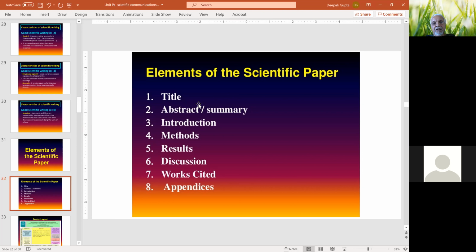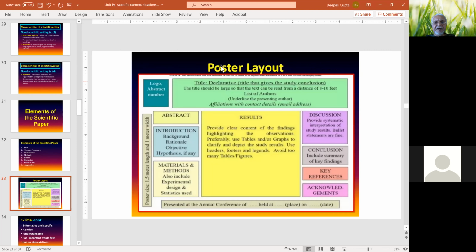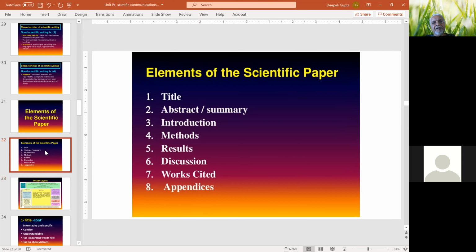This is a typical layout. If you look at the scientific paper or communication, it can be in the form of a research paper in a journal, or it can be presented as an oral presentation in a conference or a poster presentation.